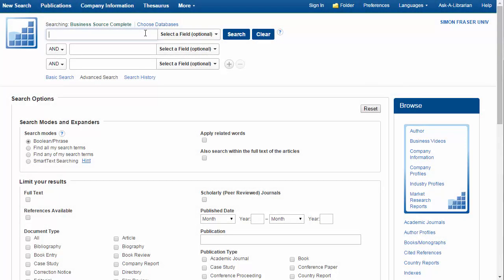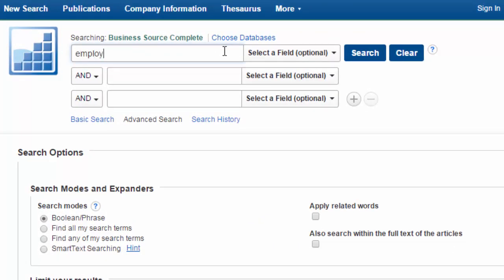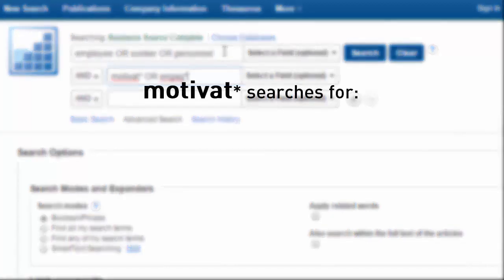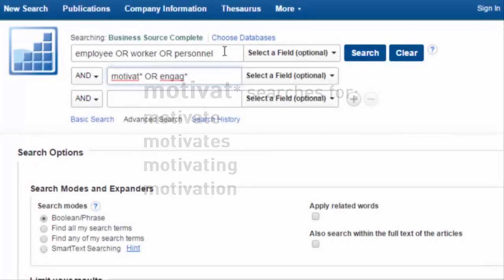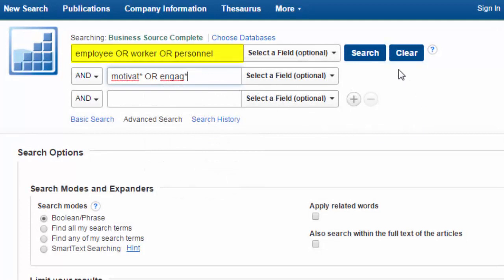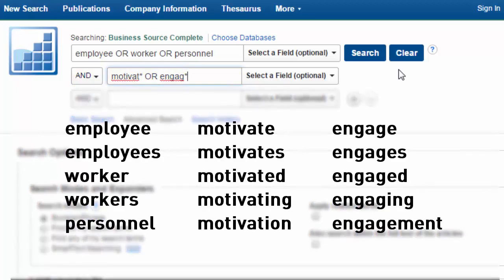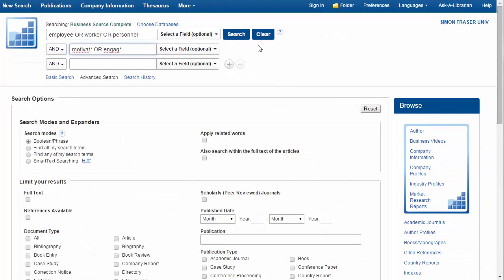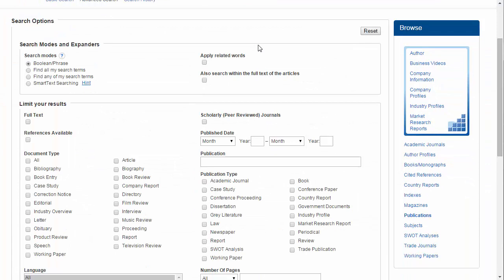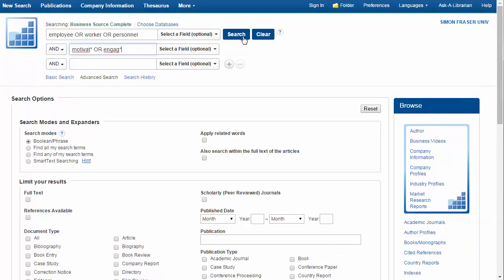So now that we have lots of keywords and the best database, it's time for step 3, keyword searching. Let's enter a few keywords for each of our major concepts into each of the search boxes. Note that Business Source Complete will automatically search for the plural versions of most keywords. Also note that the asterisk is a truncation symbol, which means that this term will search for these terms as well. So our initial search for any of these terms and any of these terms is actually searching for all of these keywords. Don't check off any of the boxes to limit your search yet. You want to have lots of results with your first search if possible.